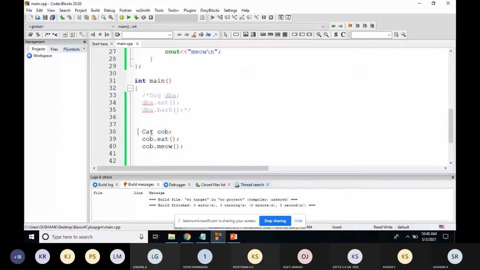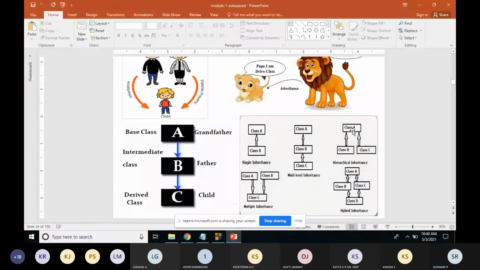So now you just check here. What is happening means the base class function is being used by both classes, Dog and Cat. That means the derived classes are using the functions of the base class.